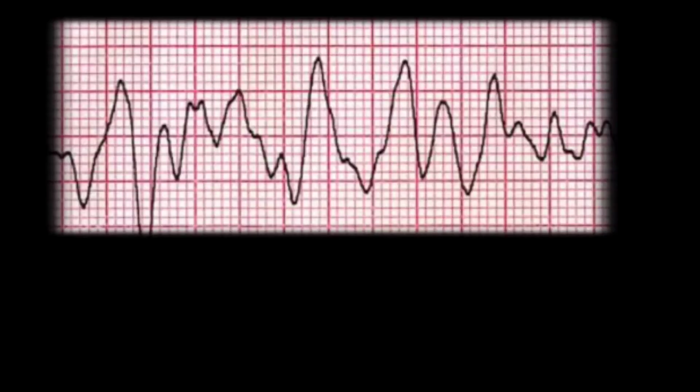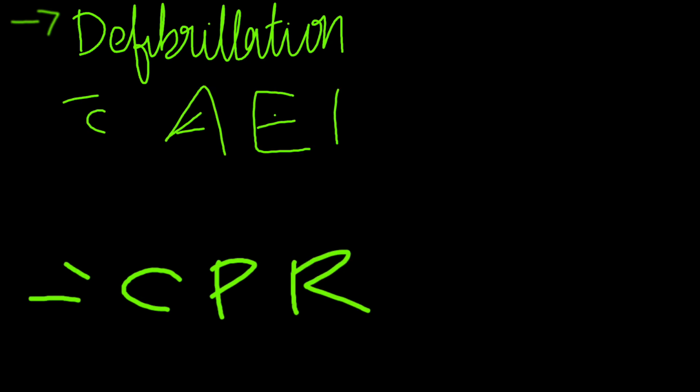So move on to the next point. Absence of QRS complex in ECG indicates ventricular fibrillation. See this ECG, there is no QRS complex which indicates ventricular fibrillation. Defibrillation with an AED and CPR is the immediate treatment of VF. Long-term therapy includes implantable defibrillators and medications to prevent recurrence.